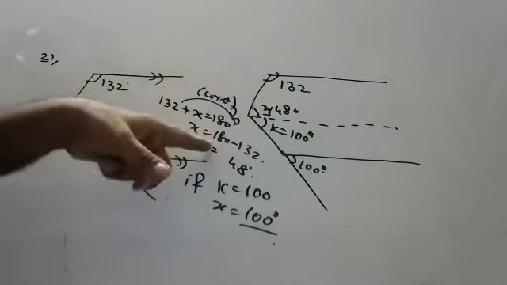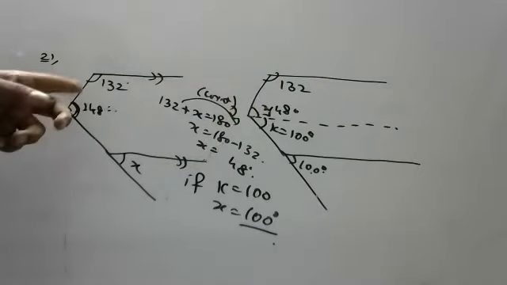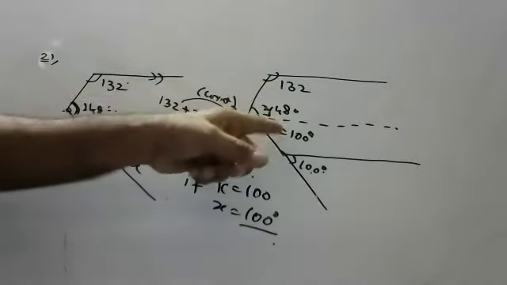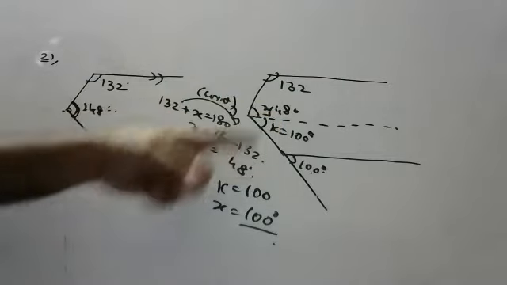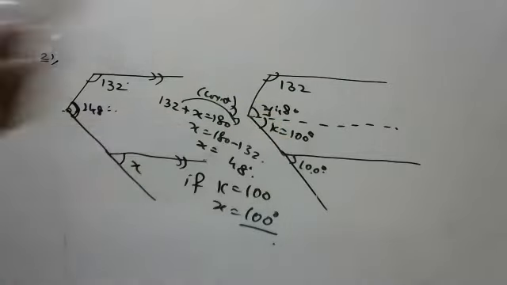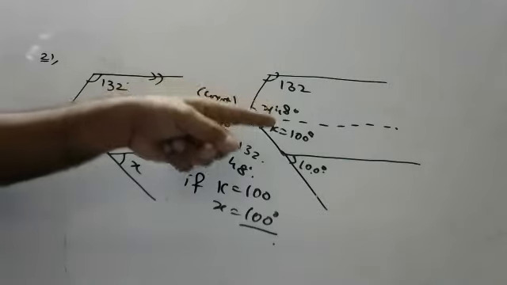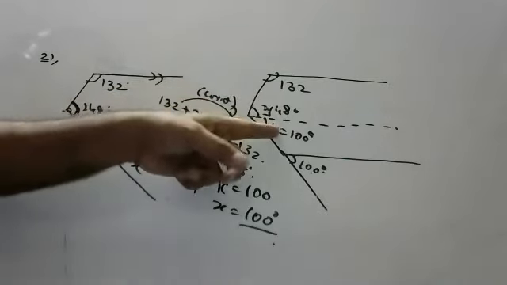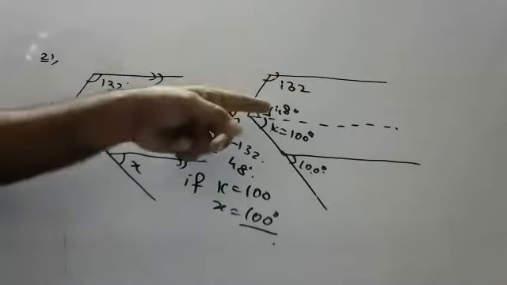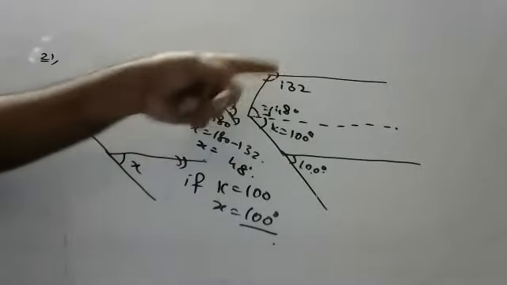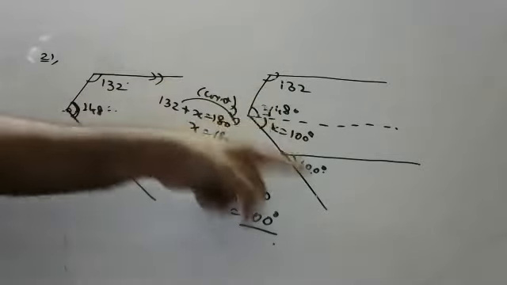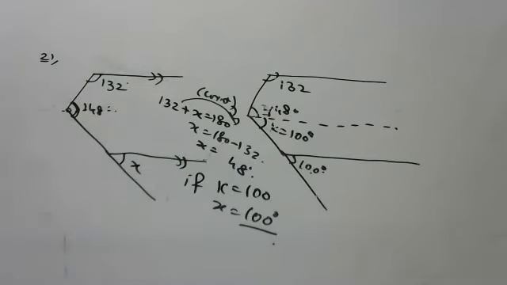You will get 132 because co-interior angles are supplementary. I made it as y is equal to 48. Already 148 is the total. If this 48 is gone, this will be 100. 100 plus 48 is 148. If this is 100, this is also 100, corresponding. Co-interior, they give the sum; corresponding. K and x are corresponding. Like that, you should do, children.